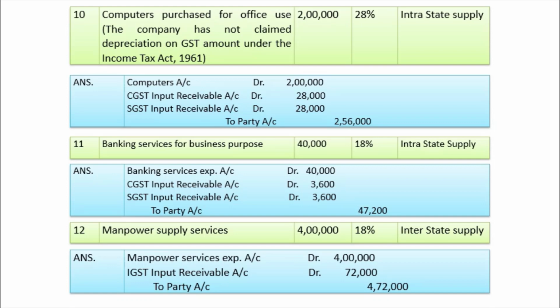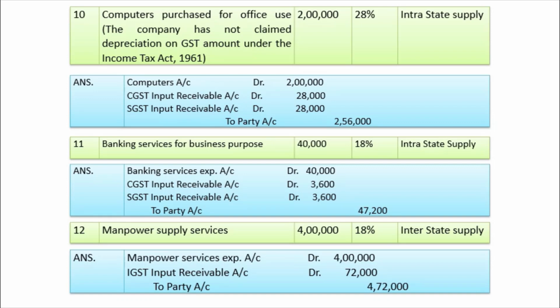As it is an interstate supply, IGST will apply. Here manpower supply services is there, so credit is available. So the entry is: manpower services expense account debit 4 lakh, IGST input receivable account debit 72,000, to party account 4 lakh